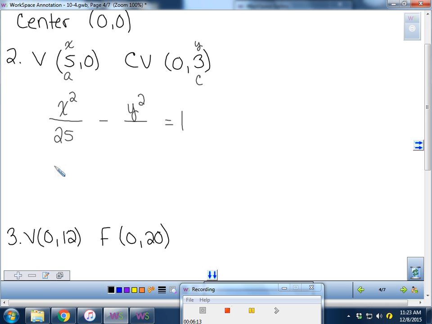So I will use that Pythagorean theorem. A squared plus b squared equals c squared. Well, I already know that a squared is 25. I don't know what b is. I'm trying to figure that out. And I know that c squared, that would be 3 squared, is 9. So I'm going to solve for b here and subtract the 25. So if I subtract 25, 9 minus 25 is going to give me